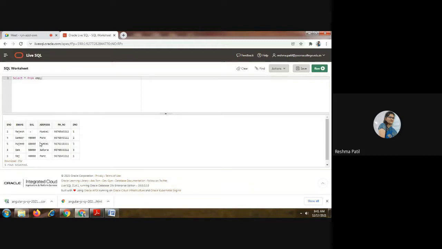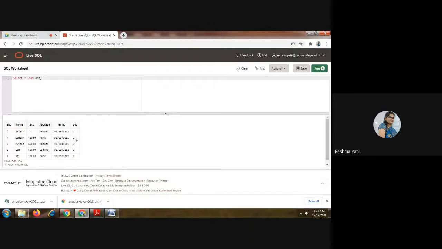This is a small table, so you can find out easily. In department number 1, how many employees are there? One is Rajesh and the second one is Raj. So we have to show just the count of employees for department number 1. Count is 2. So if anybody asks you how many employees are there in department 1, you will directly say 2.